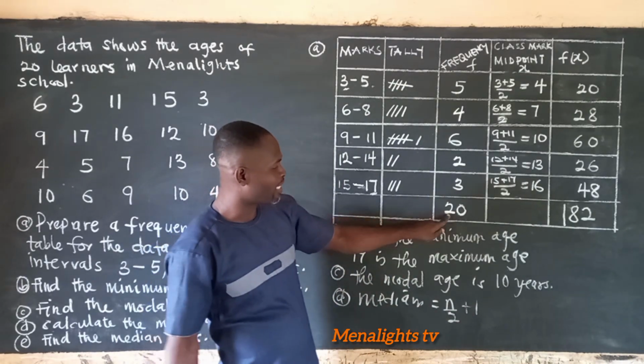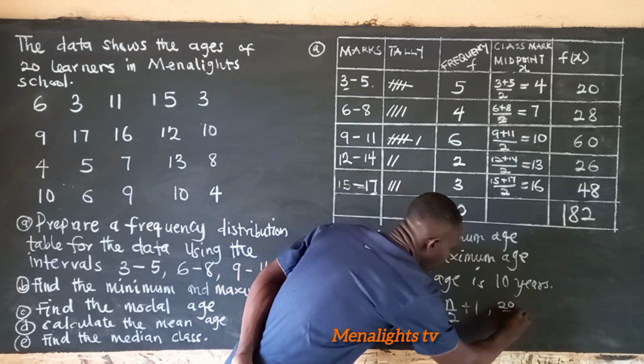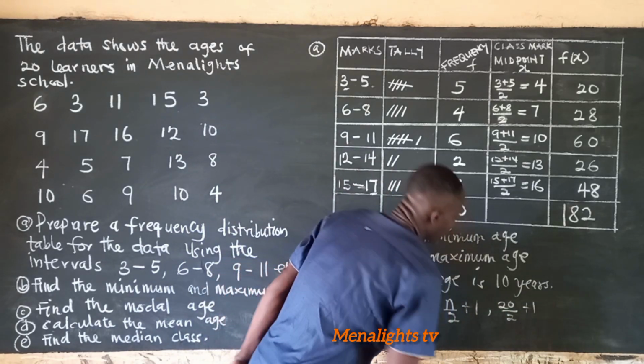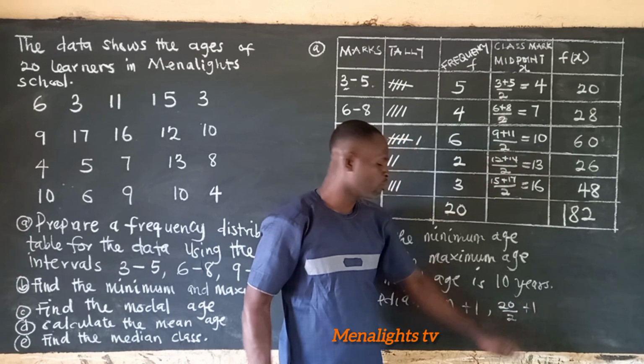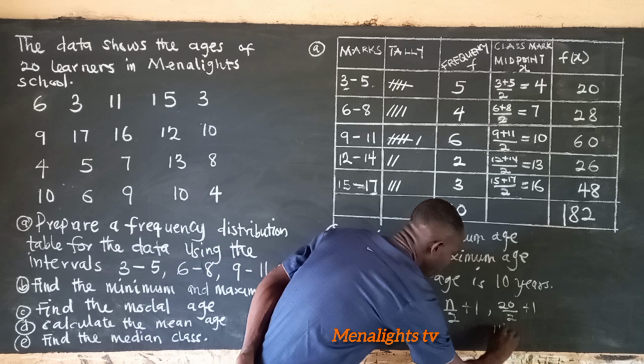So the n here is the 20. So it becomes 20 divided by 2 plus 1. So 20 divided by 2 will give us 10. 10 plus 1 will give us 11. So we are looking at the 11th